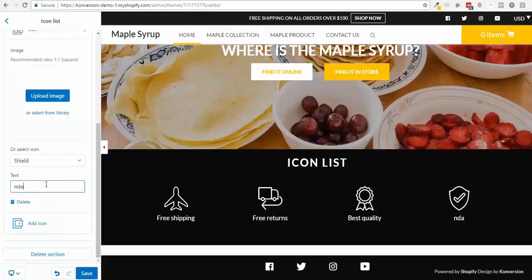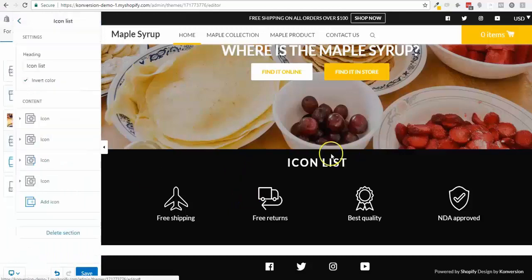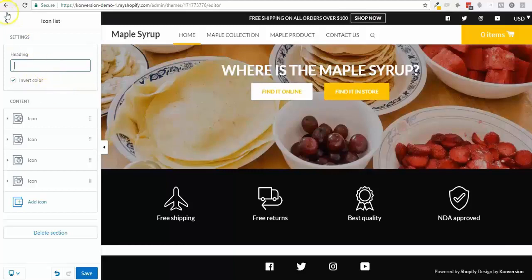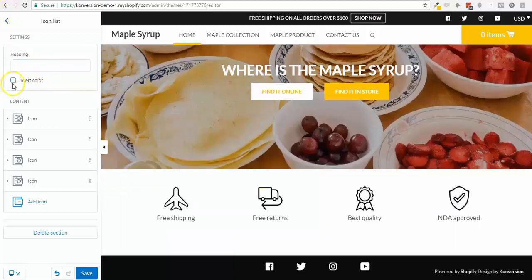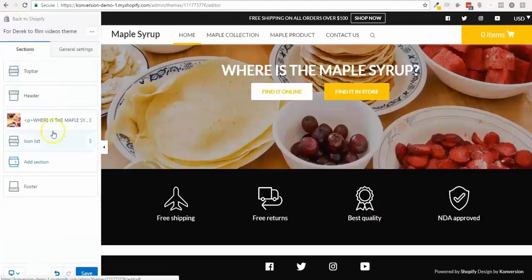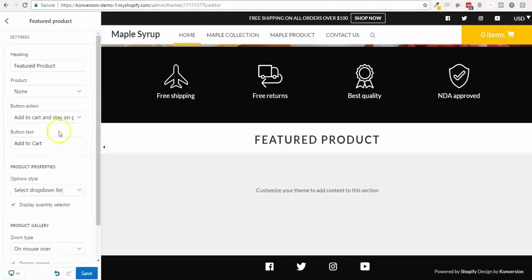So I'm gonna put FDA approved, because this is food and this is good. So you see it changes. So this is done, but I don't want any icon list title, and I could also put them white, and that's it. Click. I'm gonna add a section which is the product itself. So the single product, again,